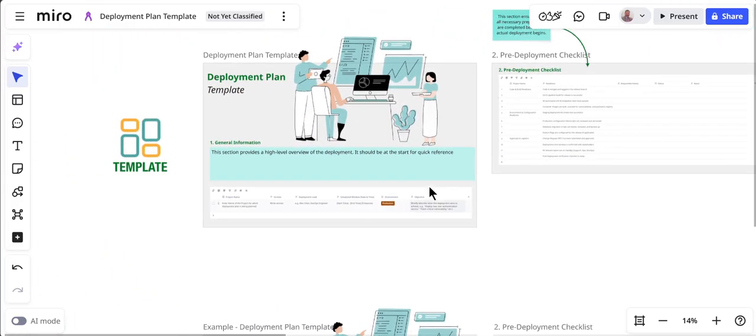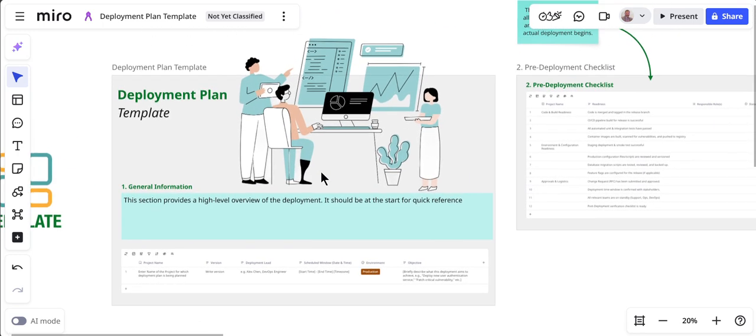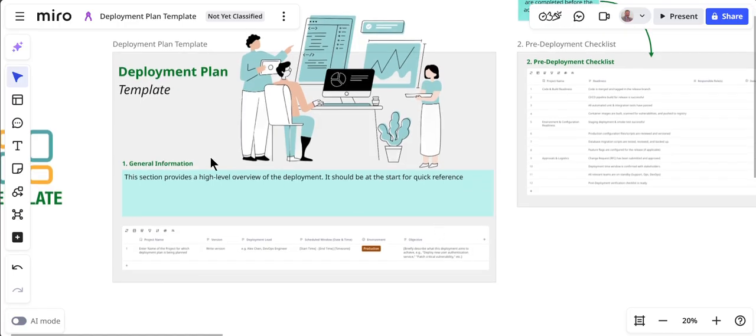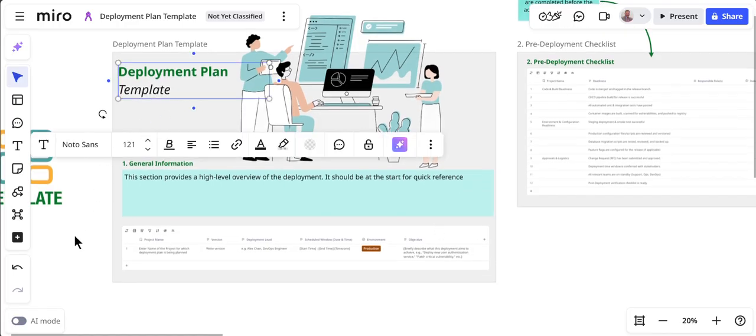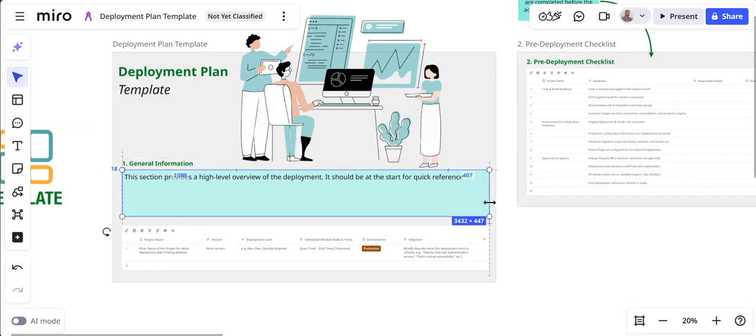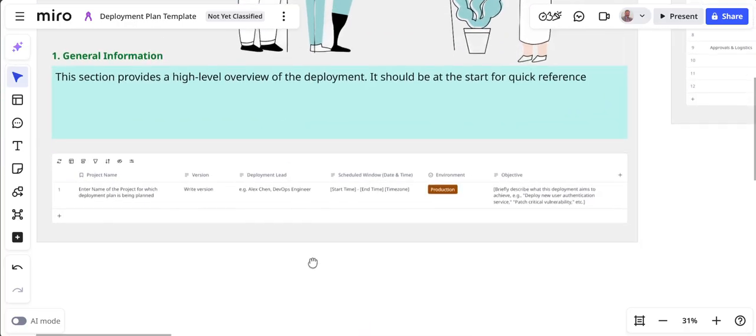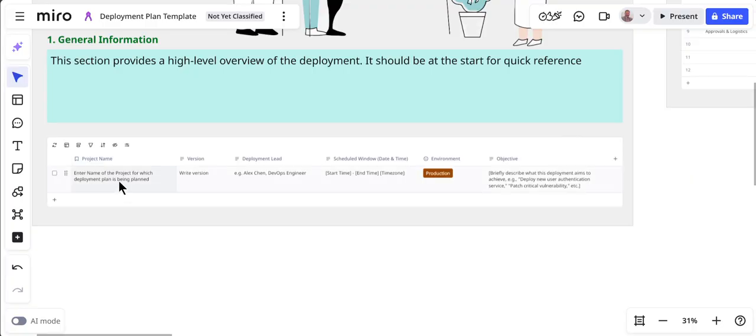So let me just go through each section of the template and the welcoming frame it relates to the name of the deployment plan, then the general information, a brief paragraph where you can define something about it's going to be a high level overview of the deployment plan, and it should be very crisp and to the point. So under this general information, you can see there is a table, and the columns or tables, the first information